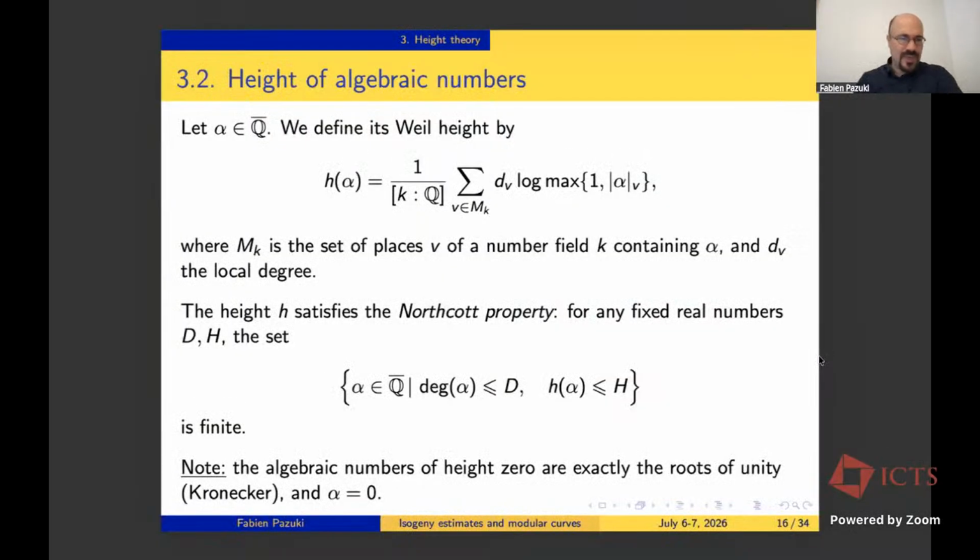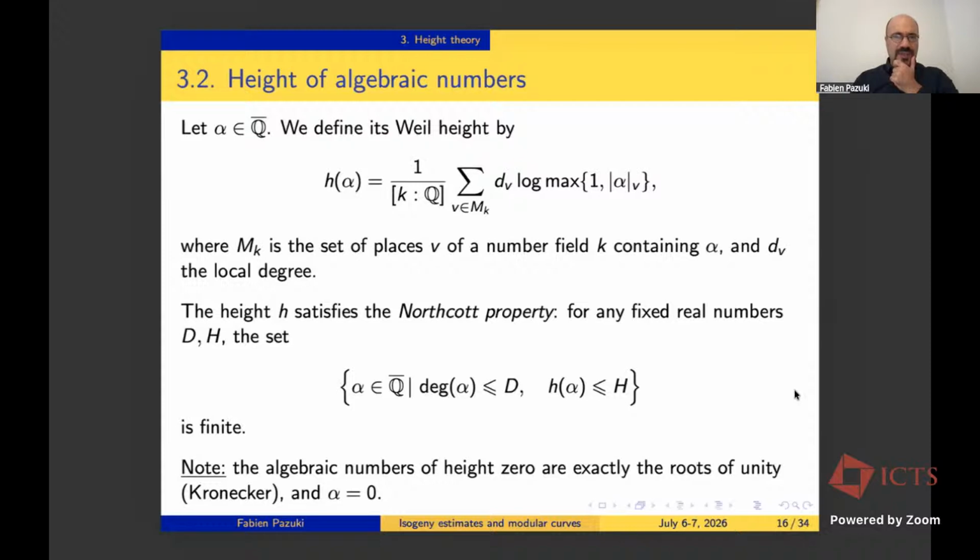So we meet again today for the second part of the lecture on the modular curve X_0(N). Yesterday we arrived at this slide where we defined the height of algebraic numbers, and we mentioned that this object satisfies a Northcott property, which means boundedness implies finiteness if you bound the right parameters. And then I also mentioned that the algebraic numbers of height 0 are precisely the roots of unity, and of course the number 0. So now we move up in